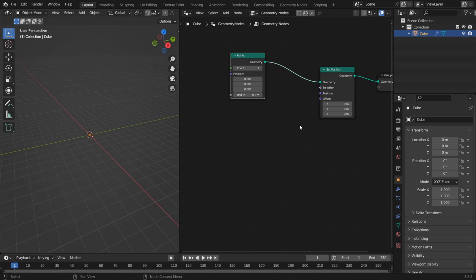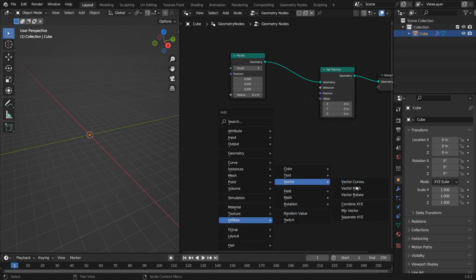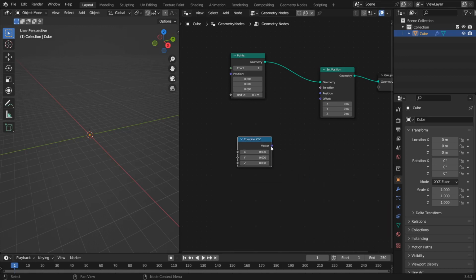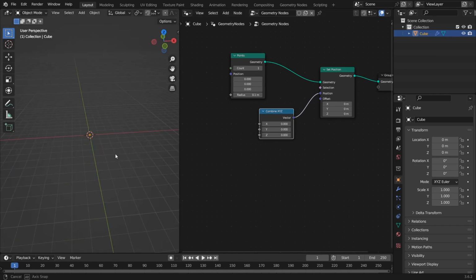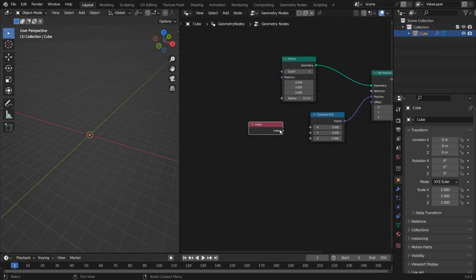First, we're just going to set the points in a line along the y-axis, and then we're going to rotate each point around the z-axis by the golden ratio based off of its point index. So for the first step, we're going to want to use a combine XYZ node to set only the y component for the position input of this set position node, because we just want to move the points along the y-axis according to their index, and we'll pull in that index using the index attribute and just pipe that into